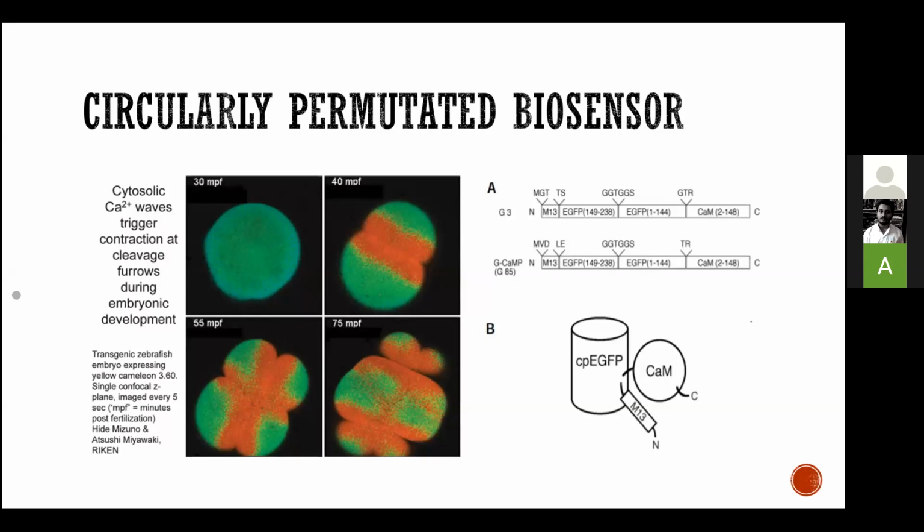This CAM is attached at the end of EGFP. CAM is short for calmodulin, and calmodulin has the function to detect calcium ions. Just remember it like that. And on the extreme left side, at the N terminus, there is M13. Whatever was done with EGFP was done, but then you take M13 and attach it with a linker to the N terminus of the EGFP, right? So you get this whole G3 strip.